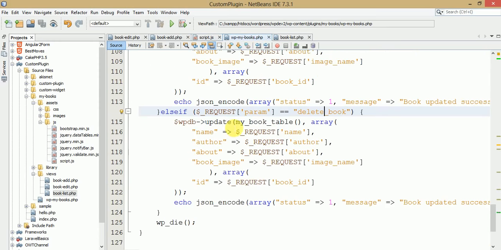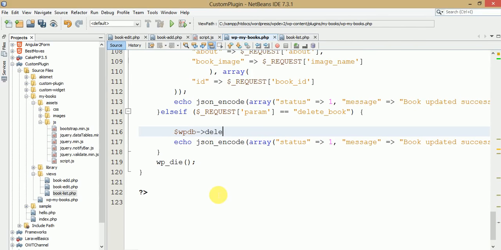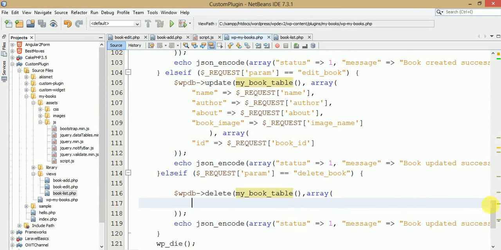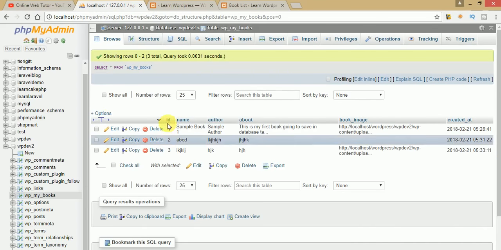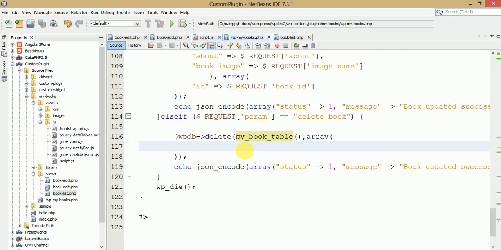Go to my book, get rid of all that, and let's say wp-db and the delete method. In the first parameter we have to pass the table name. So just copy this table name and paste it inside, and the second argument should be an array, and in this array we need to pass the ID, because on the basis of that ID we want to delete that record. This ID we are getting into the variable called ID. So just copy this name, go to wp my books, and let's say the ID equals request,